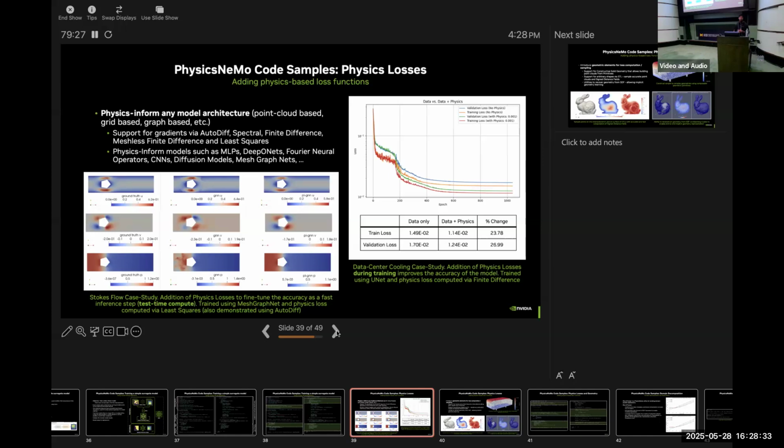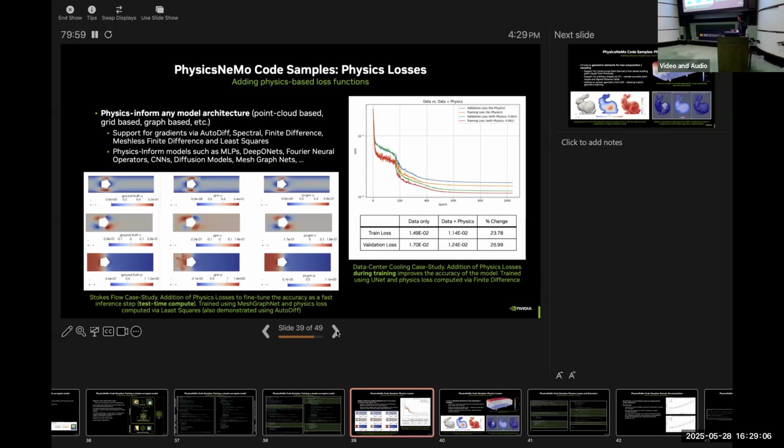So basically you can choose what works best for your data representation, your model outputs. And so using some of these features, we have physics informed a lot of different types of models, right? Like MLPs, DeepONets, Fourier neural operators, CNNs, diffusion models, mesh graph nets, and so on and so forth. And what I'm showing here is two different ways in which we have seen adding physics-based constraints improve the training and validation accuracy.